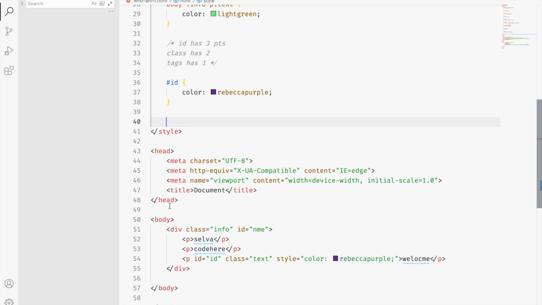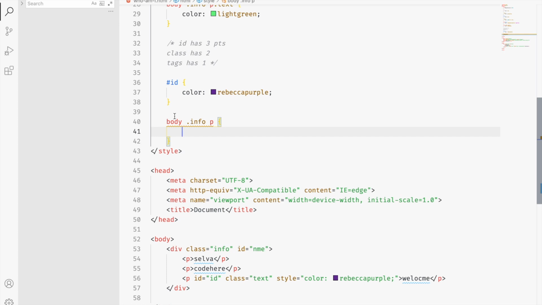But these things like from body tag, say info, within p tag, it has actually 4 points, right? 1.2.3, 1.4. Here ID has 3 points, but it won't override the ID. Okay. So if you want to override the ID, you have to mention the ID, same ID or another ID. Same things applicable for class name also. If you want to override the class name, you have to mention another class name or same class name. That's how it works. Thank you guys.